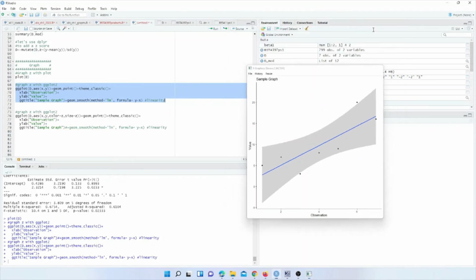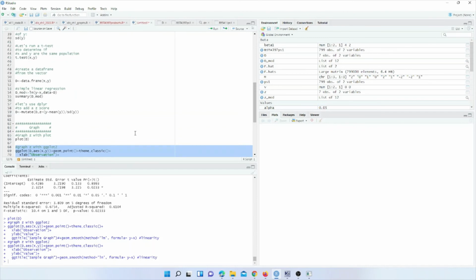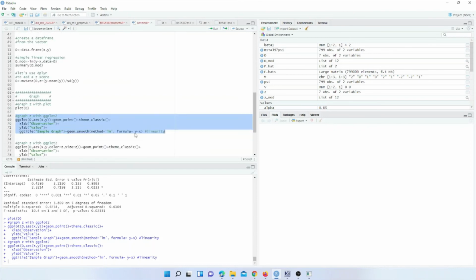So let us use one of the functions in the dplyr package, the mutate function, that adds a new column. And it's going to add us the column of z-score. So z-score is the difference from the mean divided by the standard deviation. It's the number of standard deviations away from the mean that a particular value is. And so if you have a really extreme z-score, that's a pretty good indicator that one of your data points is an outlier. So we run that,